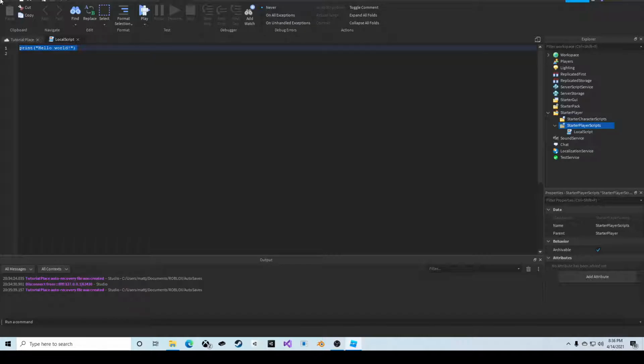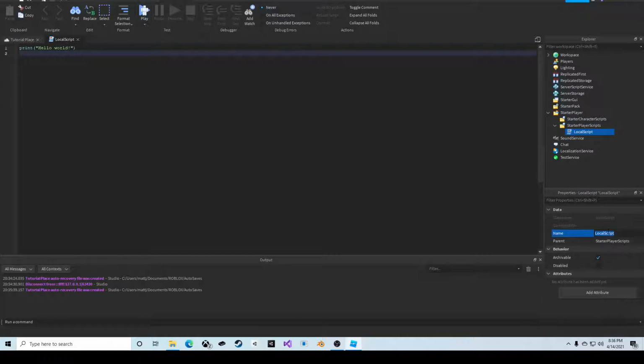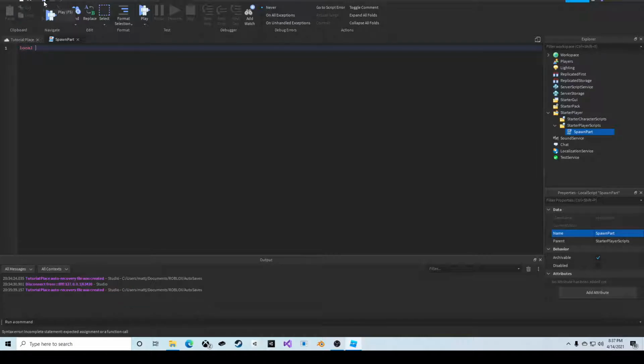But yeah, so this is what a local script looks like. It's very similar to a server script in the sense that when you open it for the first time, it says print hello world. So we are gonna spawn a part and give that part's name the player's part of the client that it's spawned on. So we'll call this spawn part to stay organized. And so one nice thing about local scripts is that you can actually get the player as a variable. As we know, we can make a variable by writing local, and then our variable name. And of course we can call it whatever we want. And then we can set this equal to